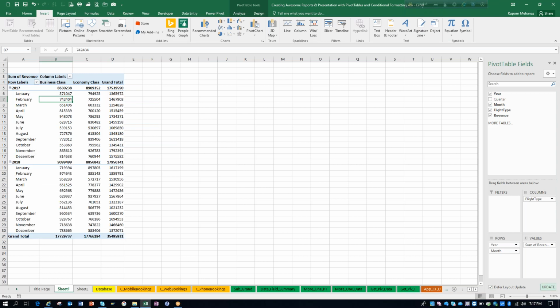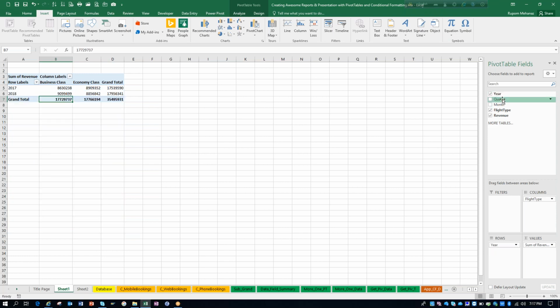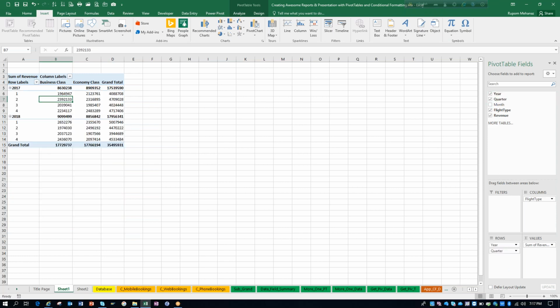Let us click this update option, and you see that it creates the update after you press the update option. So you will get to know where and when you need to apply this. But for the time being, I will unmark the defer layout update option, and again I will move the month options out of here and put the quarter options back again, and the report is ready for presentation to the board. So that is how we can pivot the pivot tables,